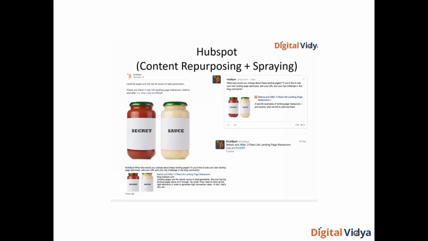That's the benefit. I'll be more visible, and I'm saving time by not making different content for different media, right? The biggest benefit is saving time and becoming more and more visible. This is the biggest benefit of content repurposing and spraying, right? So when you handle any campaigns, you can tell your,